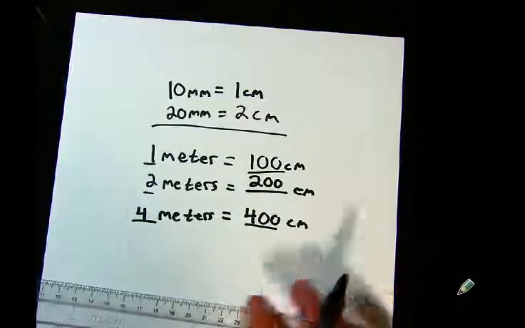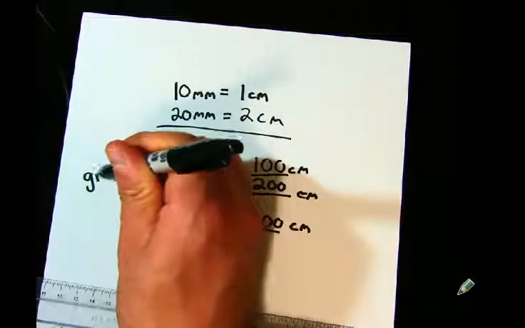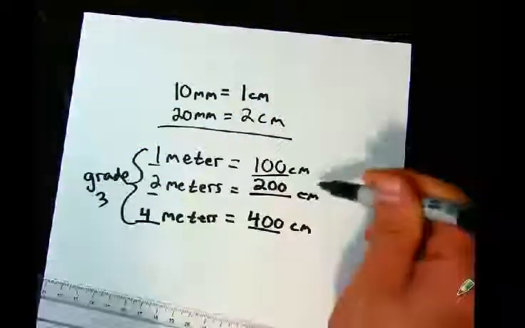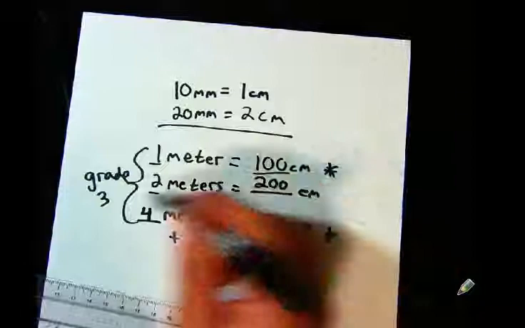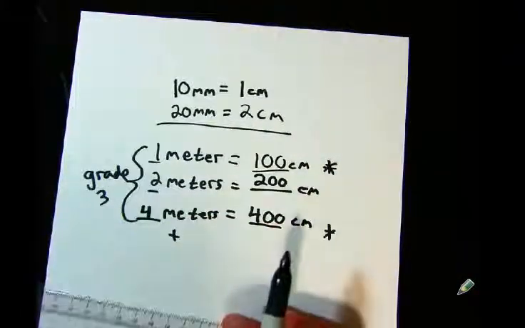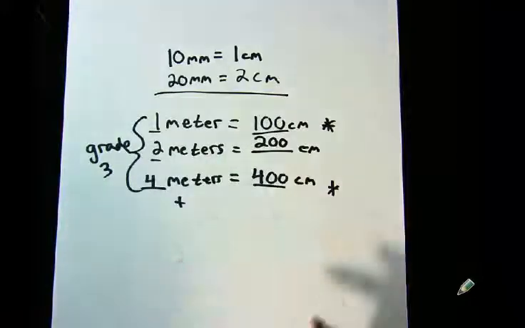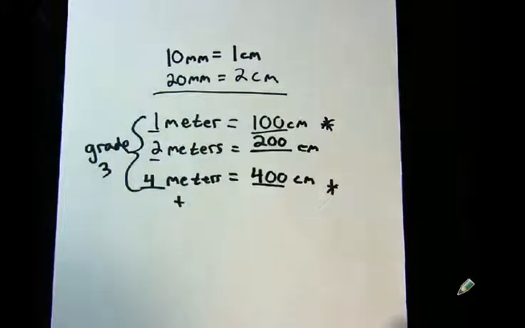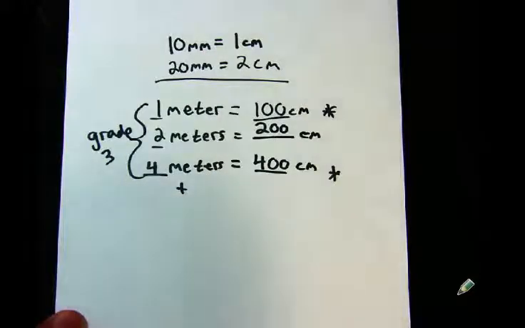Okay, so you do have to know this. This is important for grade 3. I'm going to put a star beside it because it's very, very important. You have to know how to convert from one to the other. So again, I'm kind of going a little off topic. I know this has nothing to do with perimeter yet, but what if I said that I have something that's